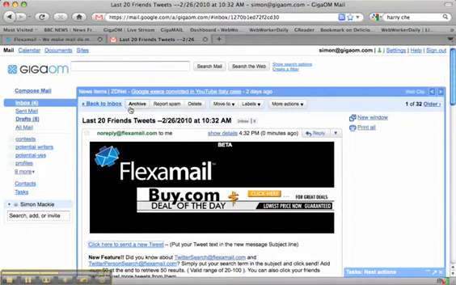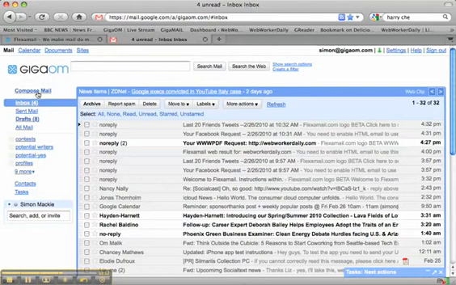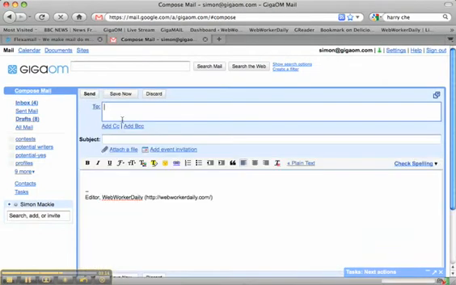You can do some other useful things with Flexamail as well. You can retrieve web pages, which would be particularly handy if you were stuck behind a firewall which limited your access to the web. So if I want to do that, I can compose an email. There's a few different ways to do it. You can retrieve the web page as HTML, you can retrieve it as text, but let's retrieve it as a PDF. So PDF www